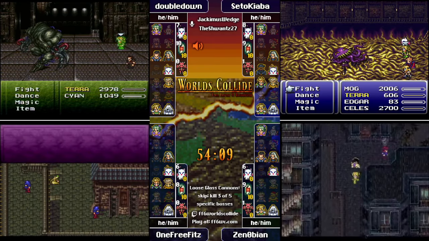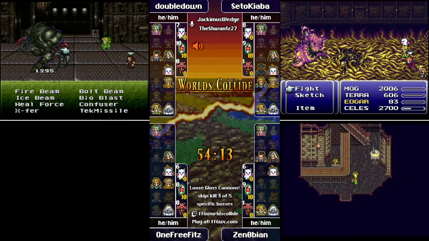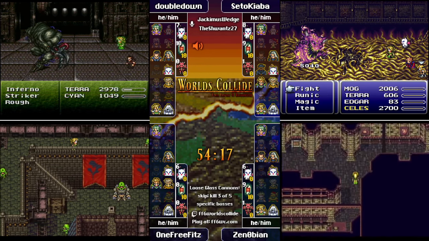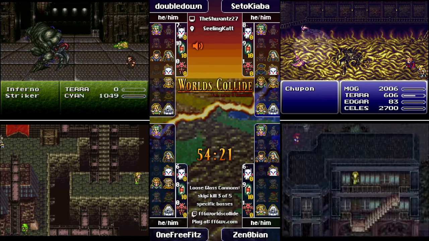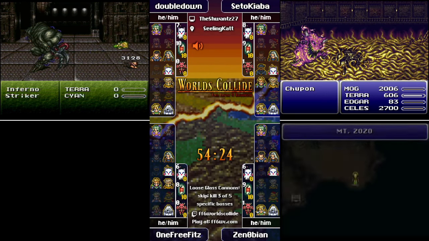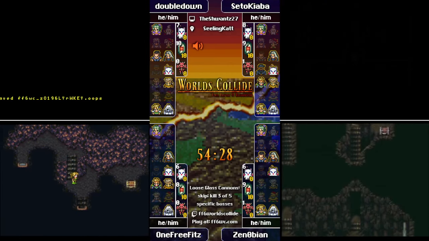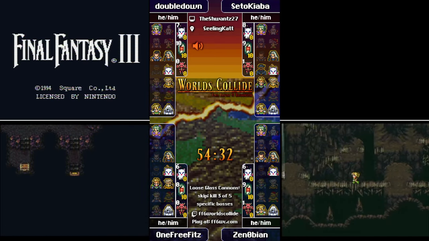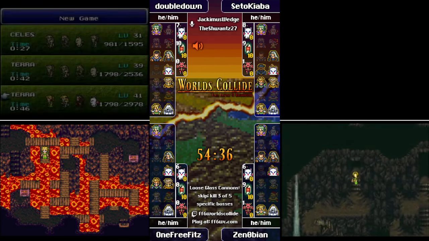New check over on Zenobian's screen for Mount Zozo, and it is Inferno at not the Inferno spot. A little French vanilla action here. Yeah, a situation like this is where you really see how lackluster the offering can be. That's a wipe for Double Down, but that's not the worst thing in the world because it's a boss right after you land in the tower,